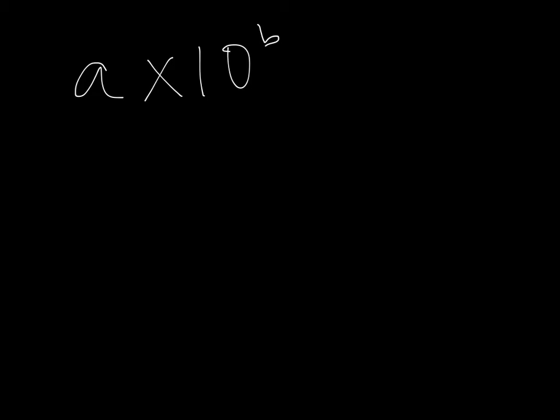So a, this number here, has to be greater, the absolute value of it has to be greater than or equal to 1, but less than 10. So remember, whatever a is, positive or negative, its absolute value is greater than or equal to 1 and less than 10. So, for example, if we have